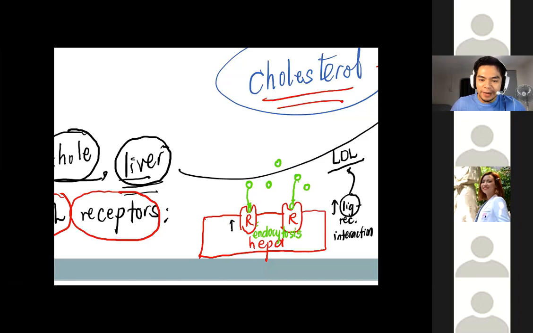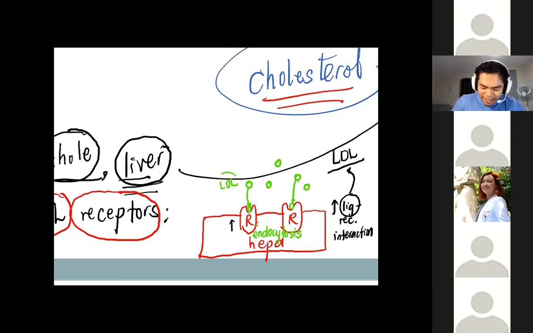Nakikinita nyo na yung mangyayari pag nag-bind at nag-endocytosis? Yes or no? Explain natin para magets ha. Ano meaning na endocytosis? Papasok ba sa liver yung LDL? Yes, very good. Pag pumasok ang LDL sa liver,